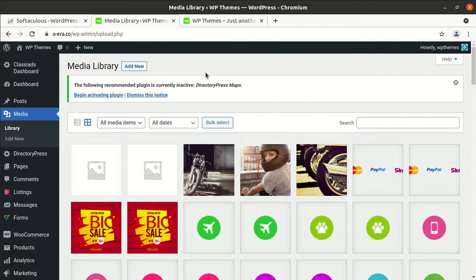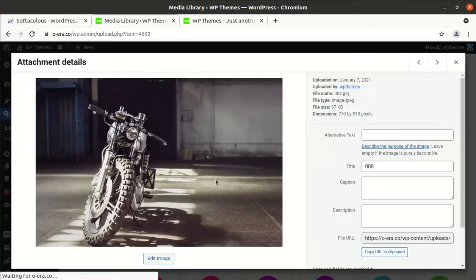So in this video we are going to check whether this website uses PNG images or not. I can check: this website is mostly using JPEG images, which is fine.